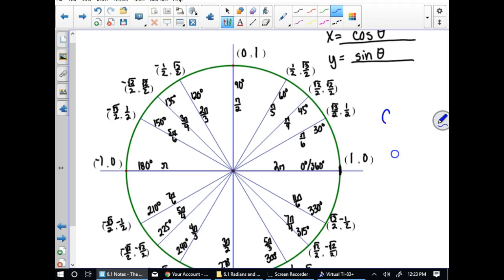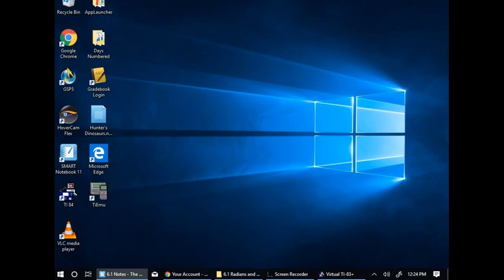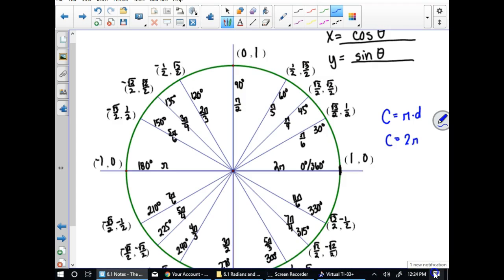How do I find the circumference of a circle? Pi times diameter. But let's say I don't have the diameter, I just have the radius. What's the diameter of this unit circle? It is 2. The radius is 1, so the diameter is 2. So if I want the circumference of this circle, it is 2 pi. So 2 pi is the distance it takes to go all the way around the unit circle, which is equivalent